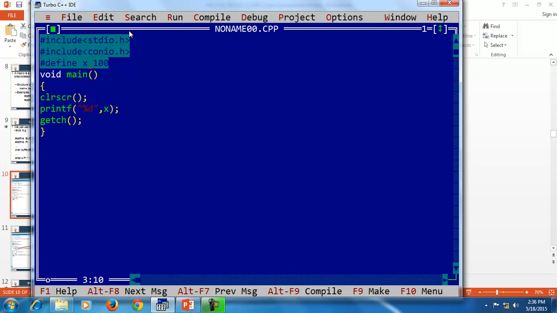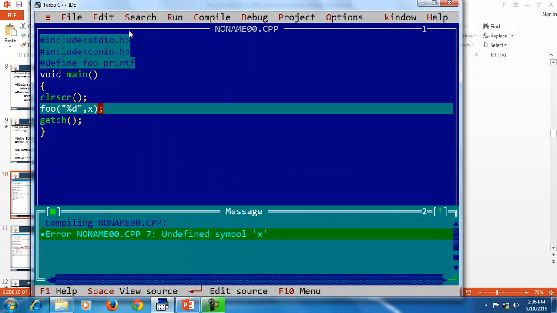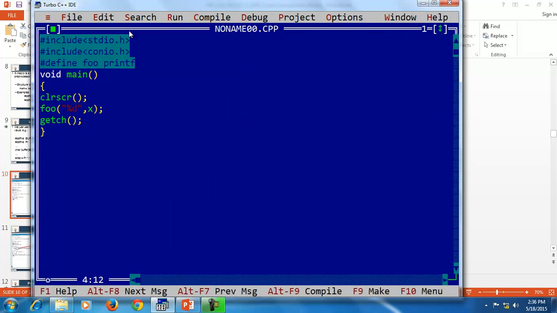So if I want to replace the printf statement, I can define foo as printf. So it replaces the printf. Whenever we use foo, it will take it as printf statements. Because x is not defined anywhere, it's showing the error.